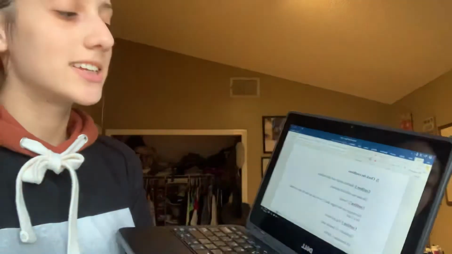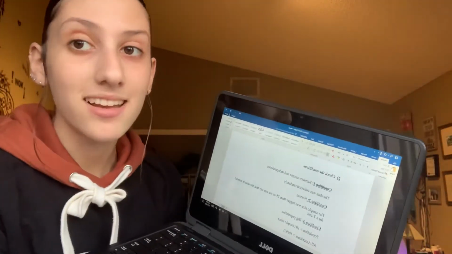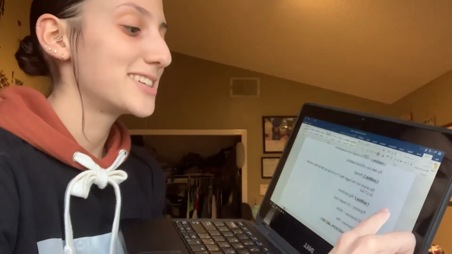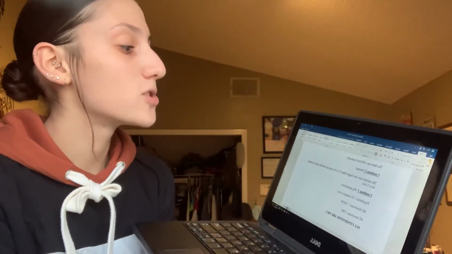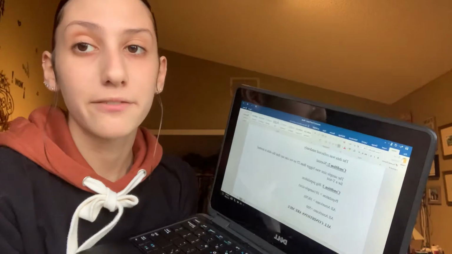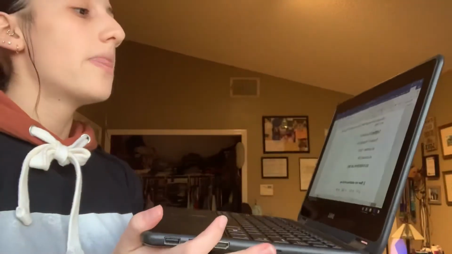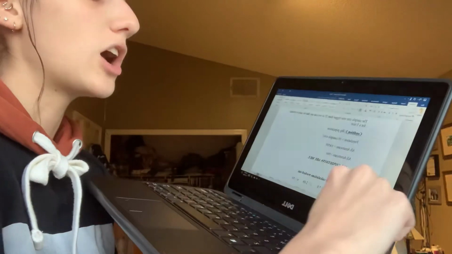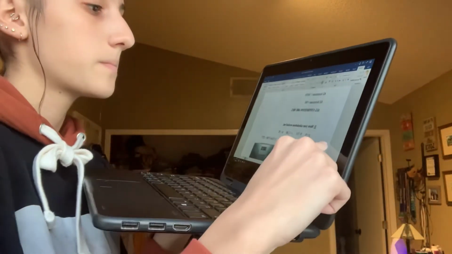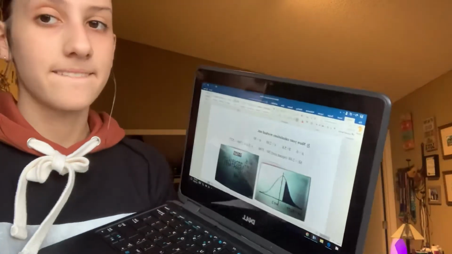Check the conditions. Condition 1 is random sample and independence. The data was collected randomly. Condition 2 is normal. The sample size is bigger than 25, so we can say the data is normal for a t-test. Condition 3 is a big population. The population must be greater than 10 times the sample size, and the sample size was 50, so all Americans is greater than 500. All conditions are met. Show your calculations.